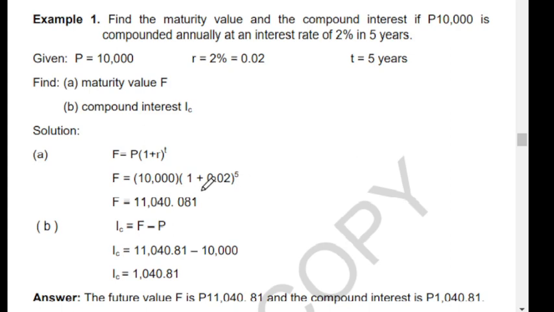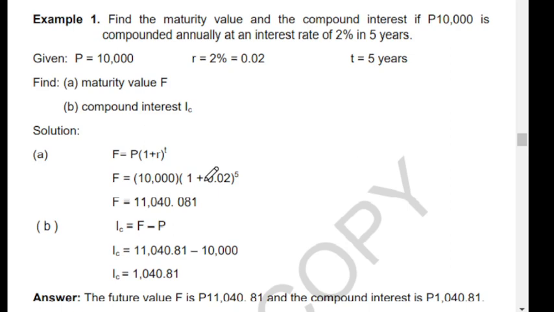So in your calculator, use the open parenthesis and close parenthesis. So 10,000 times 1 plus 0.02 exponent 5. So the answer would be 11,040.8